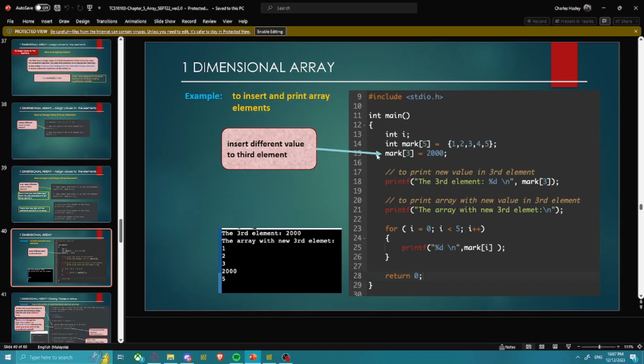Then you declare over here mark[3] without any int. This is not a declaration, it is just you insert the value inside the element of the array. So when you change the value, you just write it as mark[3], which indicates the fourth place, equal to